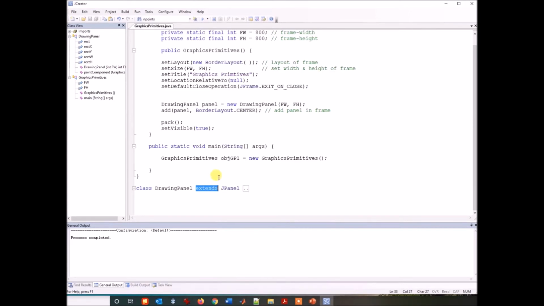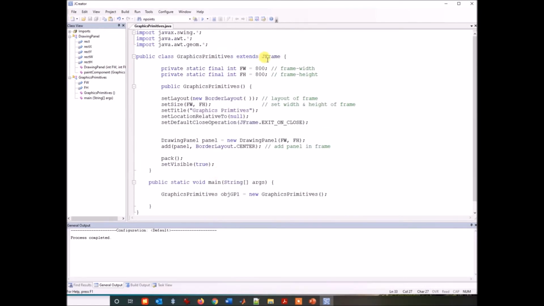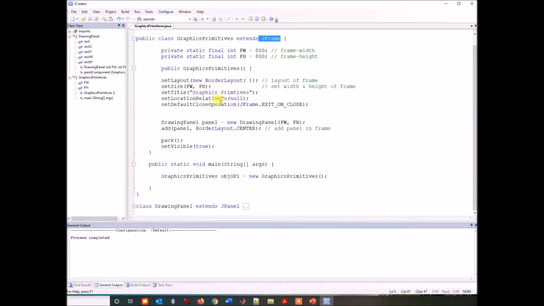You can see that we are adding the panel inside the frame. This class extends JFrame, so inside the JFrame we want to create a panel. We can have multiple panels in a frame, but right now we are using only one panel. So we create the object of the other class, and then we add the panel inside this frame. This add method adds the panel inside the frame. We pass the panel object, and we say that this panel is to be added in the center of the frame. I told you that the border layout allows us to use five areas of the frame, but right now we are using only the center area.